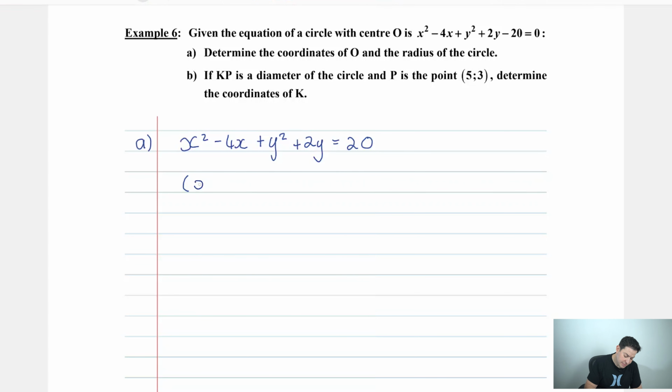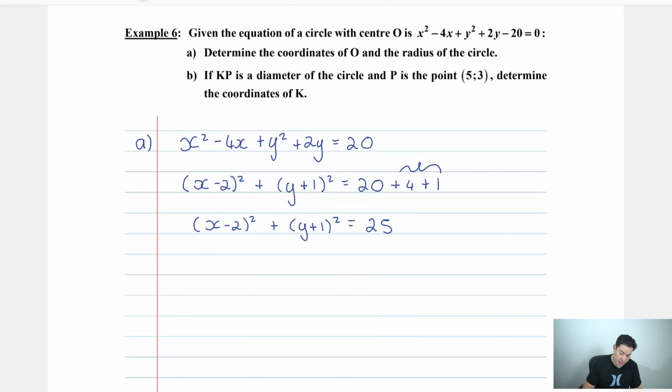Now we're going to write it as x, plus half the coefficient of x, which is minus 2, all squared, plus y plus half the coefficient of 2, which is 1, all squared, is equal to 20, and then plus 2 squared is plus 4, and plus 1 squared is plus 1. Don't forget to add each of these on the right-hand side, squared, and it's always a plus sign because we are squaring it. So the equation of our circle is x minus 2 all squared plus y plus 1 all squared is equal to